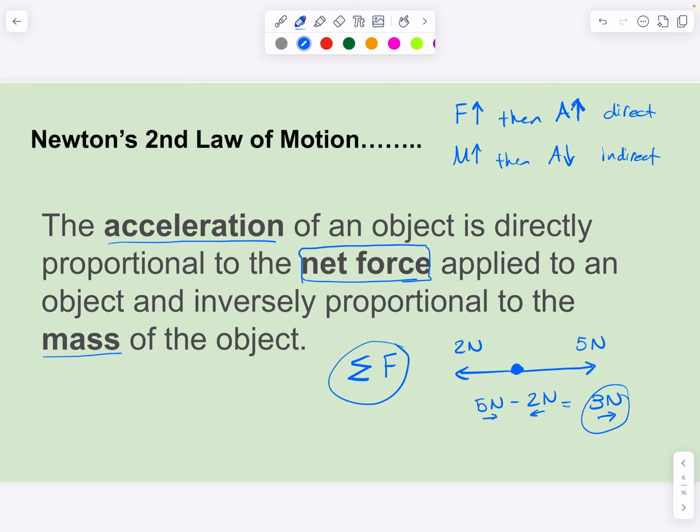This is our net force, our sigma F there. And that's what we're talking about. This could be a force of pull, and this could be a force of friction, right? It could be that as well. But those are small individual forces. We're talking about Newton's law, so we're talking about the net force, which is the sum of all the forces going in a certain direction. So keep that in mind when you're using different values to find solutions to equations here.